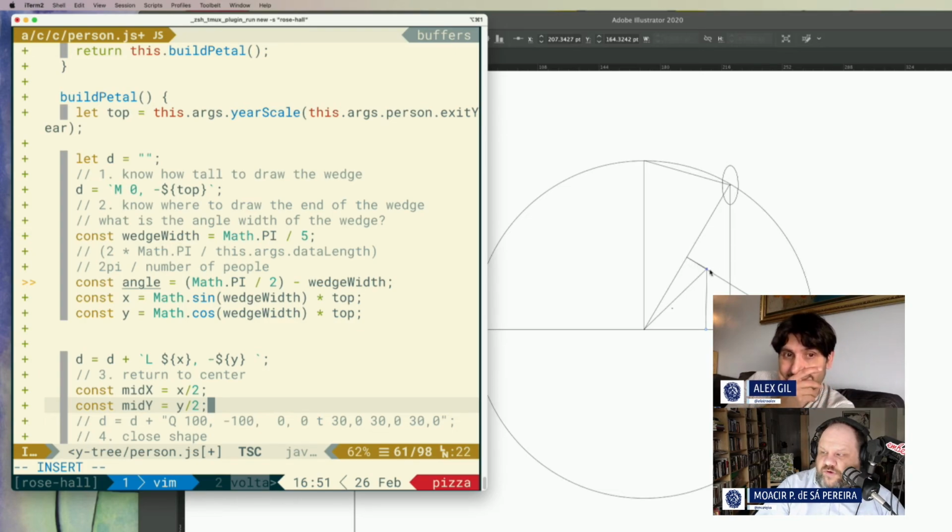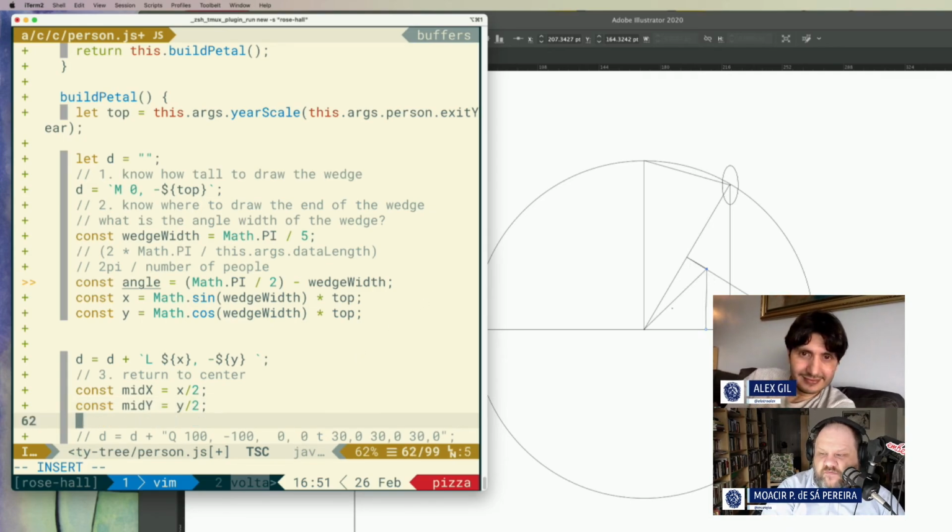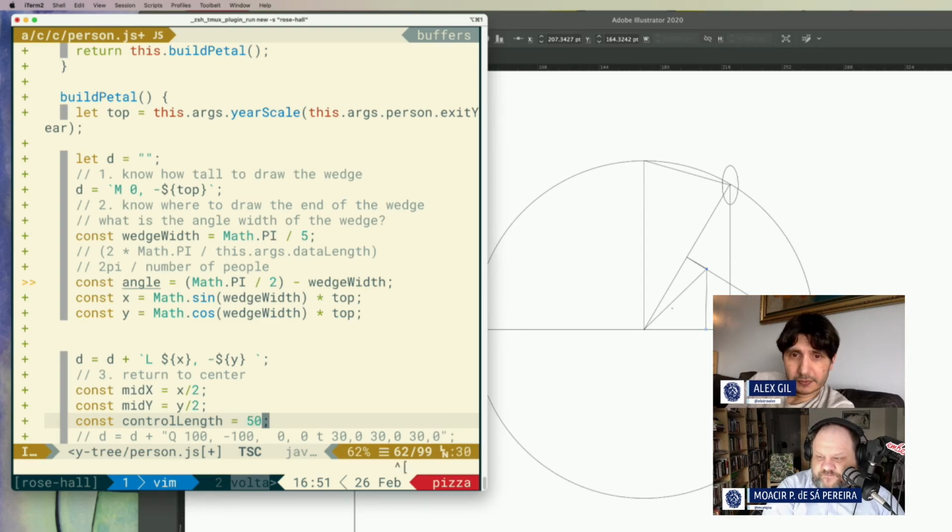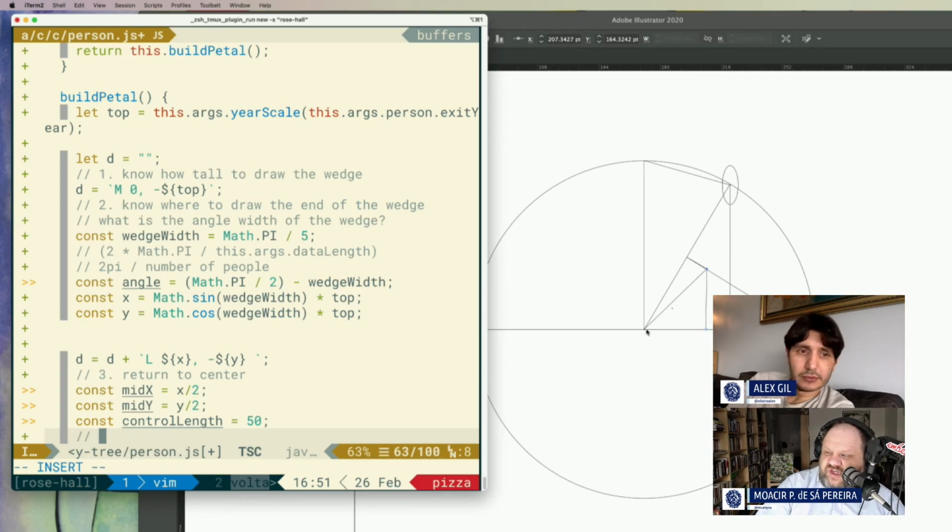how long we want this to be. Let's just call it 50 for now. So we know that this is 50, and we know that this is 100, right? So then